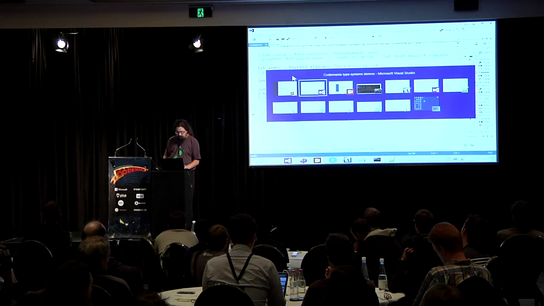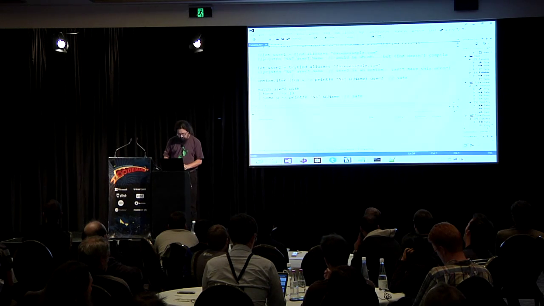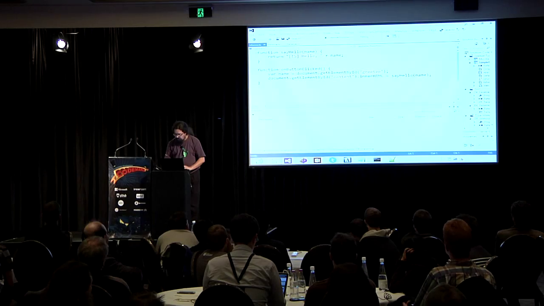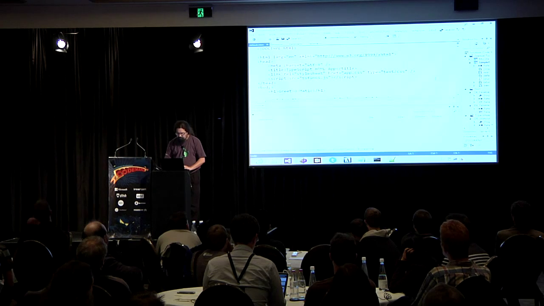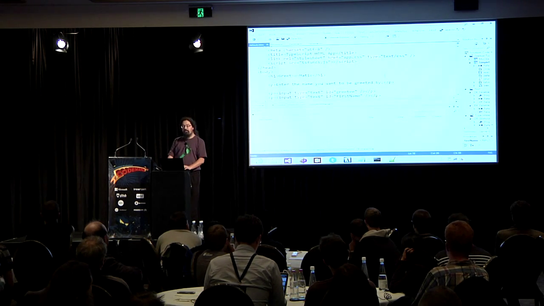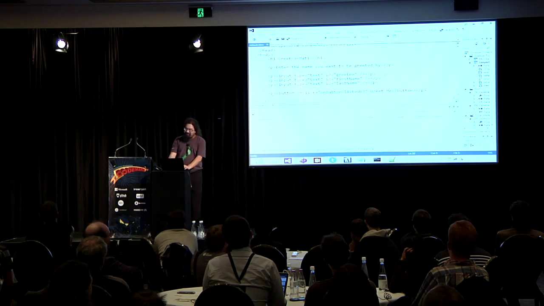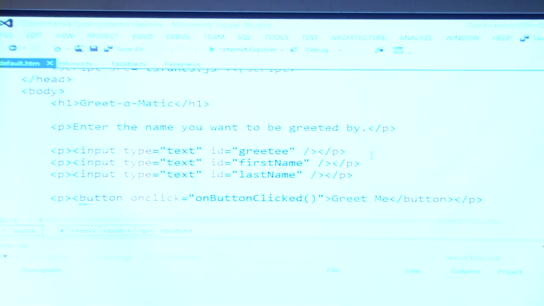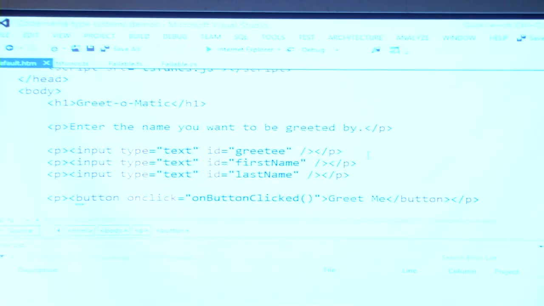And one example of this that's emerged recently is another Microsoft language called TypeScript. TypeScript is a superset of JavaScript, which means that all valid JavaScript is valid TypeScript. But you can also add safety features to it. So here I've got a web page. This is written 1990s style. It's three text boxes, and oh look, it's an Onclick handler. How long has it been since you saw one of those, eh?